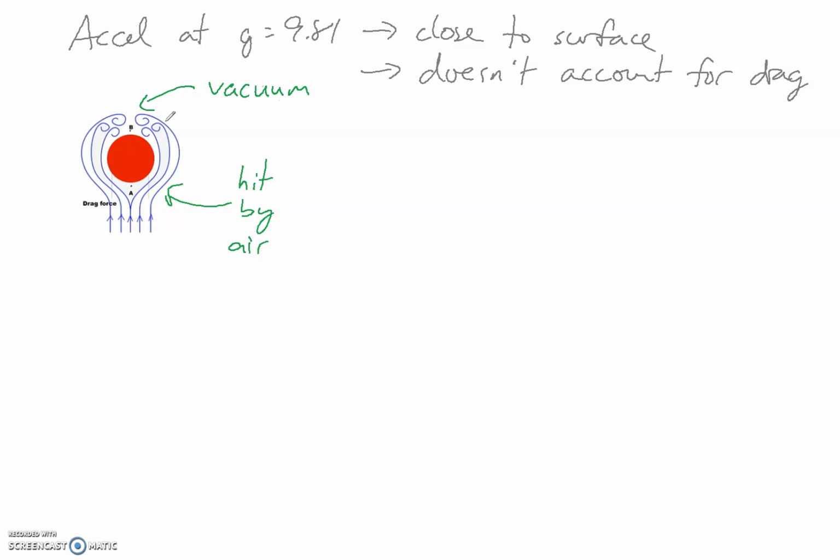Or when a big truck goes by on the street, you'll see dirt or debris or some garbage or leaves swirling around. Those are these little eddy currents right here. And the better the aerodynamics, the fewer eddy currents you're going to get. And that vacuum back there actually holds back the object. So it's not just the hitting of the air in the front, it's also the vacuum behind,